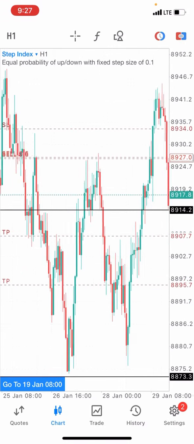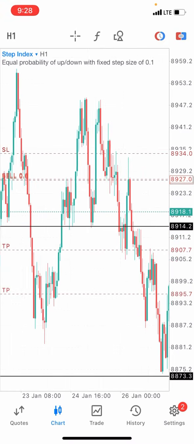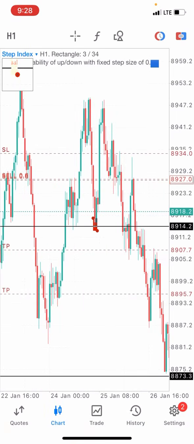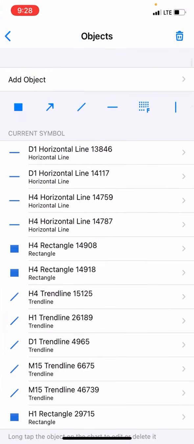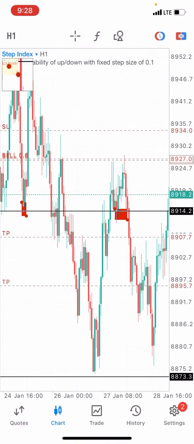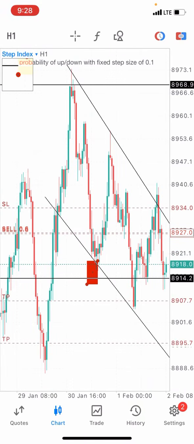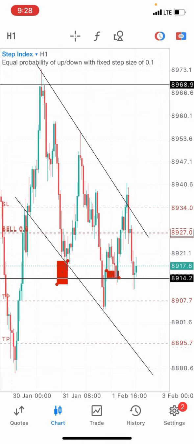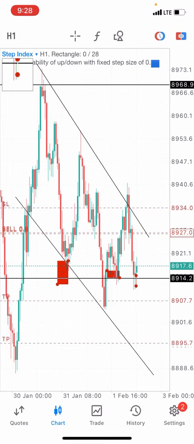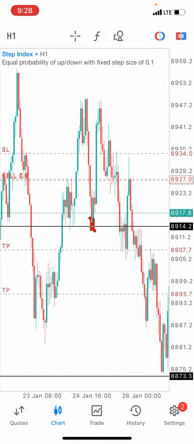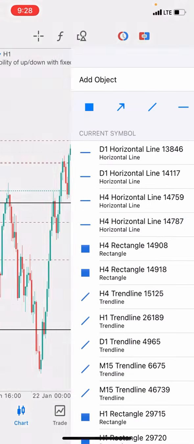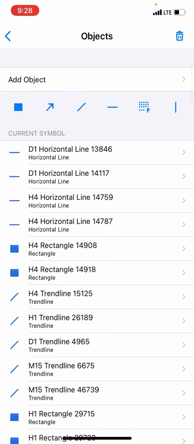You can see on the 4 hour, 1 hour time frame, you can see that we have a series of touches on that line. On this line I placed on the 4 hour time frame, on the 1 hour time frame, you can see we have price reversing on this level. If you have up to like 6 touches, you are good to go. You can see how many touches we have here. On the same level, price is actually respecting that level right now, although I know it's going to still push below it. It's going to break it. You can see we have how many touches on that level. If you go on and on, you see more touches on that level.